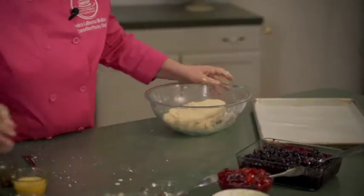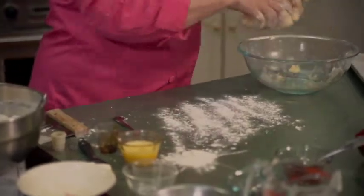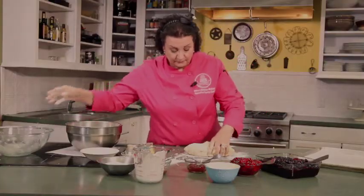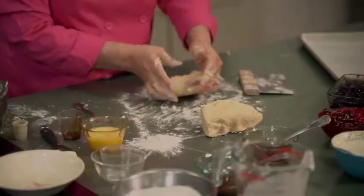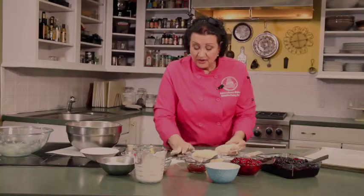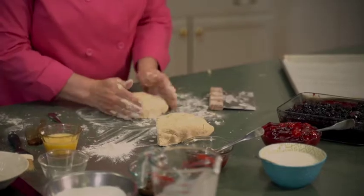So we're going to take some additional flour here, and we're going to put some down on the counter. And we're going to take our dough and we're going to cut it in half, make it easier to work with. And we're just going to fold this over on itself just a couple of times, just to pull the dough together a little bit so that we can